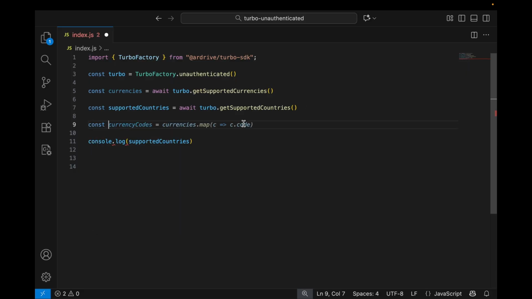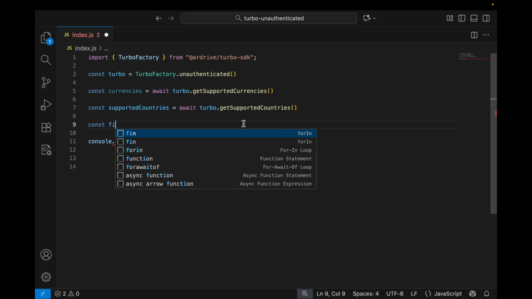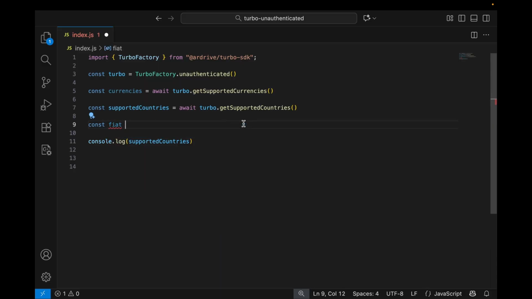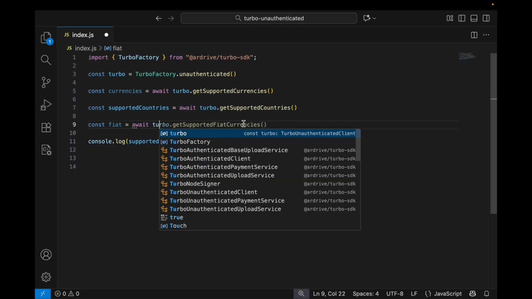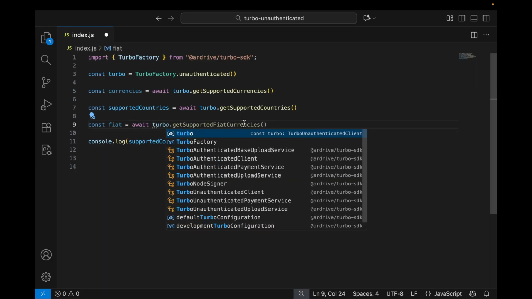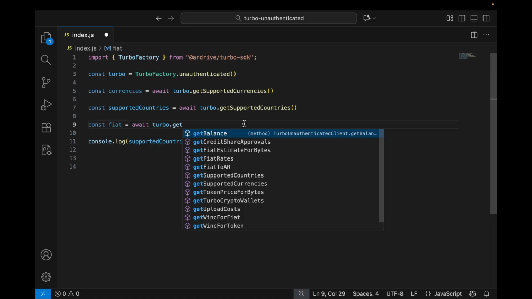So yeah, the next function we'll look at is called fiat. So I'm just going to name it fiat. And what this does is it gets you the amount of currency that you need for one hour, right? So let me just show you that in practice. It's called turbo.getFiatToAR